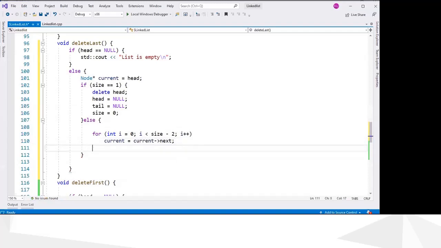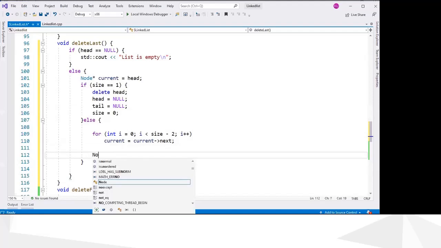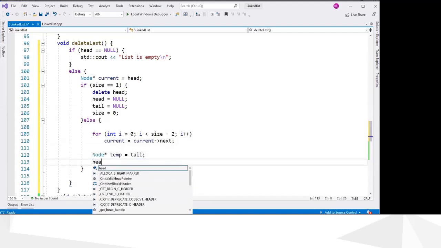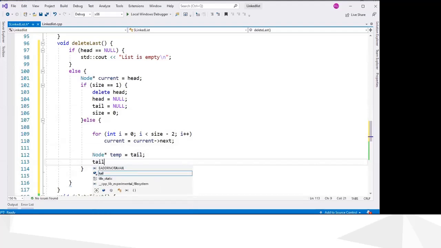Okay, so now you are at the node before. So what you want to do is make another pointer, temp equals tail. Okay, and now you can move the tail pointer to the current. Current is stopping just one node before the last node.